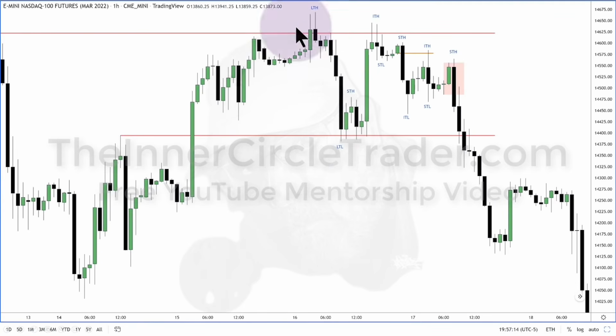I do not expect this high to be broken to the upside. Should it be broken to the upside, that means that my daily analysis, expecting this level here to hold price and to be a factor in the algorithm repricing and going lower at a later time, is probably wrong. So therefore, I demand more information by studying more price action and sitting on my hands. Or if I have a trade on, it means that I have to admit that I'm wrong, and the stop out that may occur is just me managing risk.